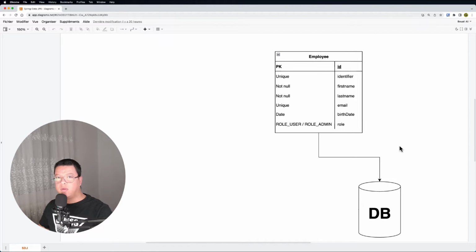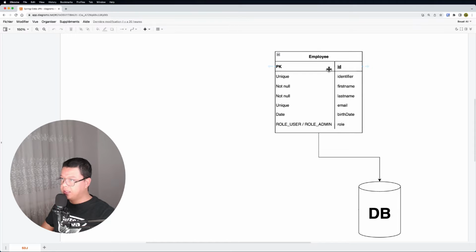Before diving into the code, let's first understand what we want to do. Let me explain to you what this video is about. Imagine we want to create a database with several tables and we want to store data there. Now we have our database and here we want to have our employee table inside this database.